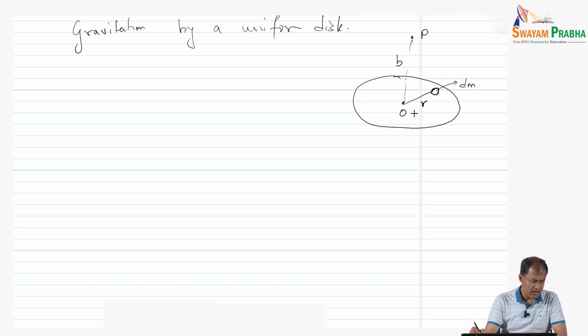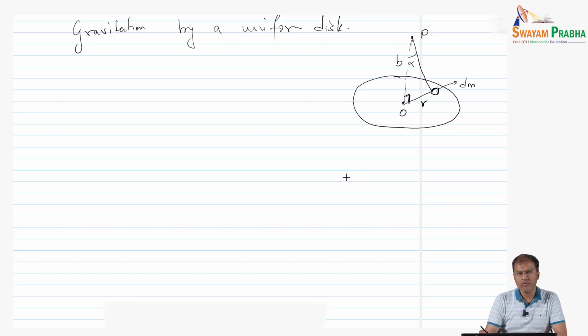Let us say that the particle P makes an angle alpha with respect to this small mass dm. Remember, the angle made by this radial distance along this axis is 90 degrees. So we have alpha being the following, and now we are ready to write down